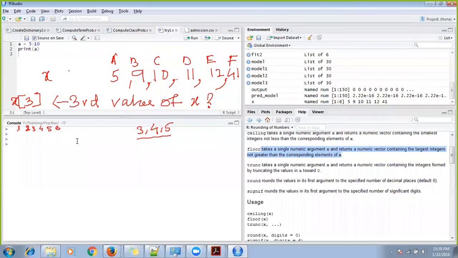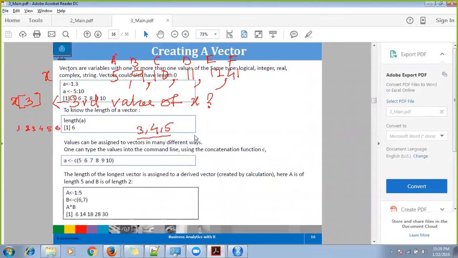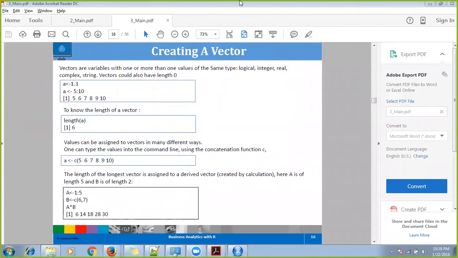Okay, so now you have understood vectors. There are lots of slides in this, and me covering everything may not be possible. But I'm giving you a stage where you can go home and read this and practice. I'm trying to cover as much as possible. Now let's scan through all the slides that are present. So we have covered all this.